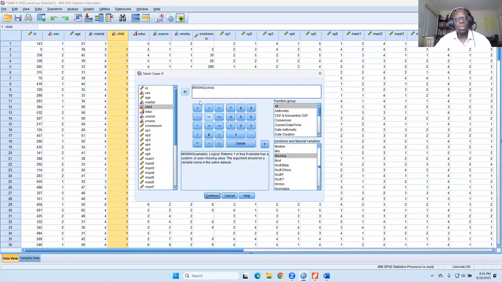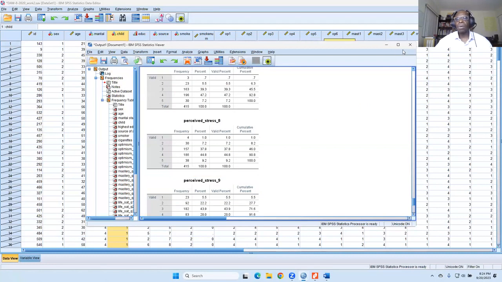But what we want to do is we want to put this ampersand, because ampersand means not, okay? So in other words, we want to select cases if there is no missing child case, okay? So select means we want to select for analysis, right? So that means it's going to cross out the one that's missing, right? Because here's the thing. If we didn't have this ampersand, right, and we just ran it, here's what would happen.